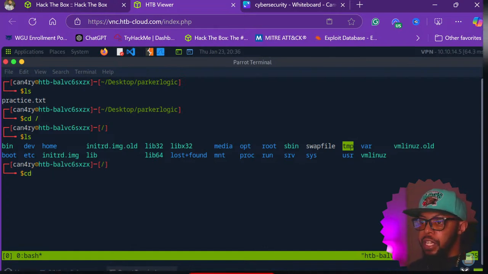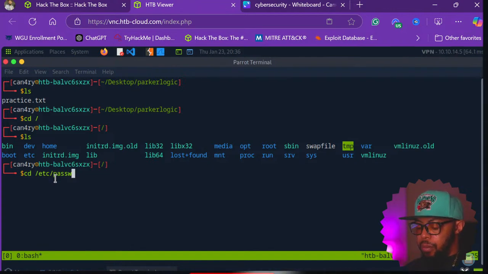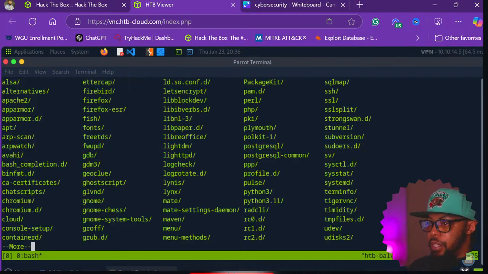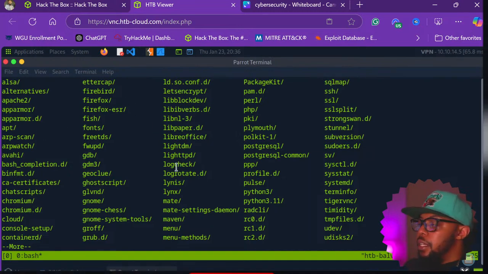So we're going to cd into it, and then you just press /e and then tab. And then we're going to go to passwd. Oh, if I spell it right. Hold on. No, I don't. Forget it. Okay, so let's see. Where is it? There's something I'm missing. So etc and then